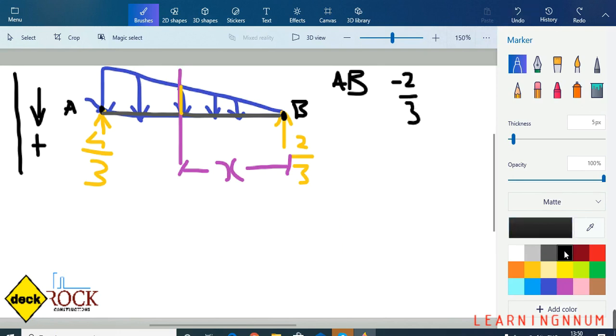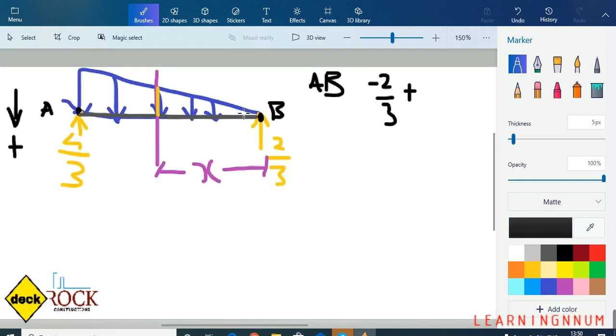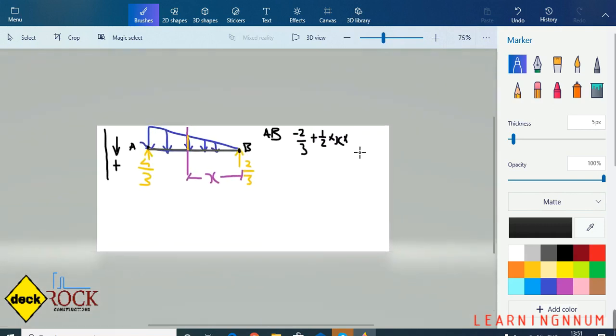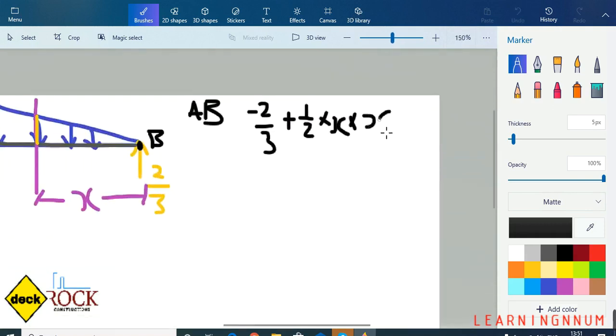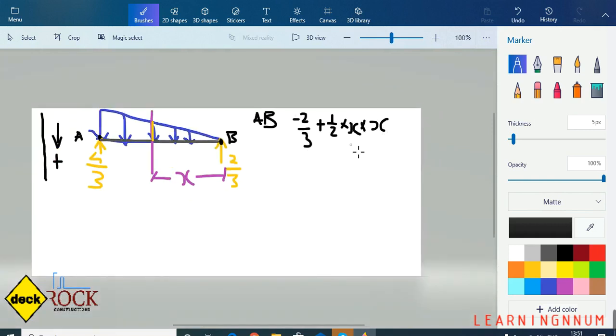Yeah. So y would be plus, right? I mean, for shear force we have to consider the area of this triangle on the right side, right? So area of triangle would be half. How much is base? X, right? Yes, sir. And how much is ordinate? X, right? Yes, sir. We got x right earlier. So we are getting x square by 2, right? Minus 2 by 3. If we elaborate this, we are getting x square by 2 minus 2 by 3. Am I right?